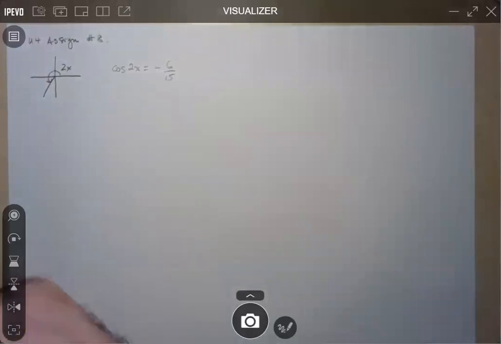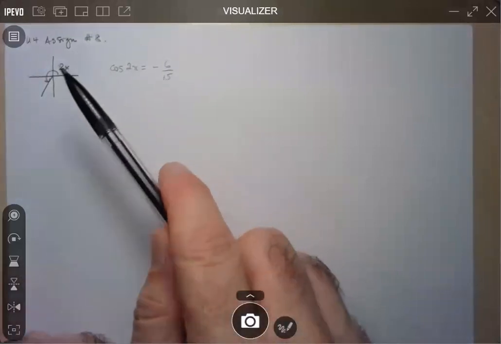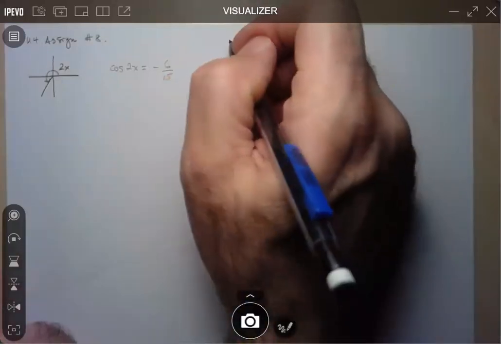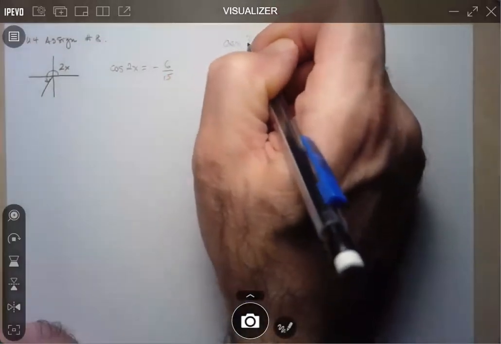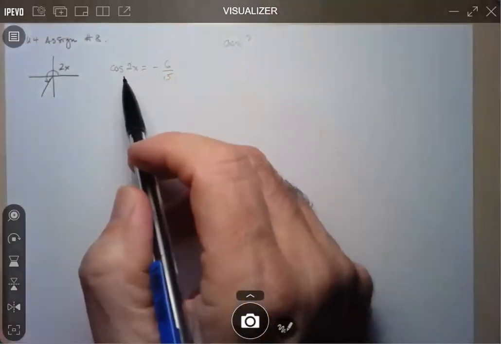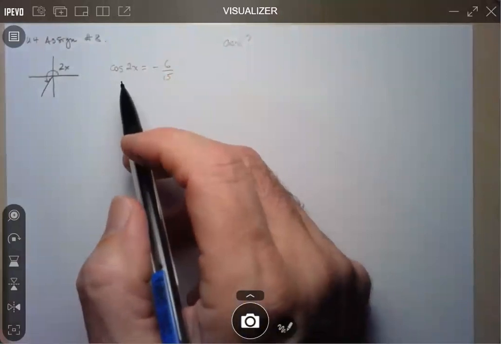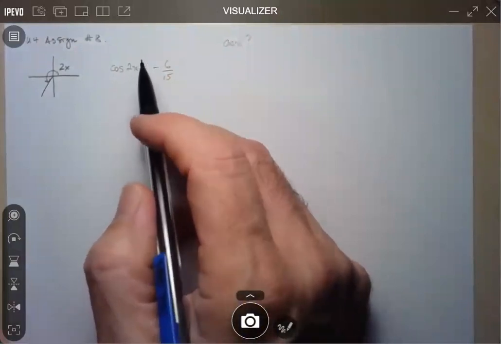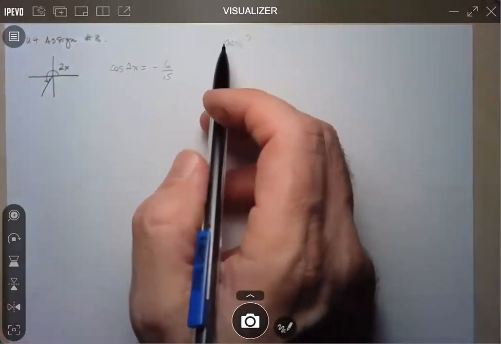So A is, sketch the location of the angle 2x. There you go, already done. A is done. It says determine the quadrant of angle x, and then C says find an exact value for cos x. So right away, I know they're asking me for cosine of x, and I'm given cos of 2x. What I'm hoping you think right away is, hey, wait a minute, there's one of the double angle formulas for cosine that only has cosine